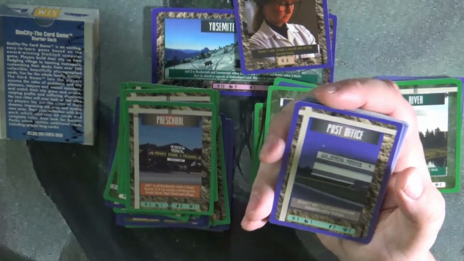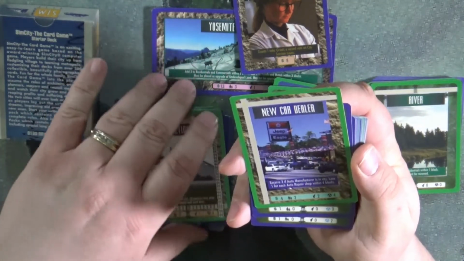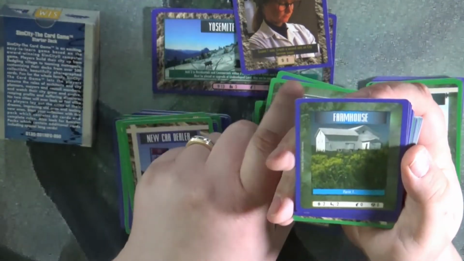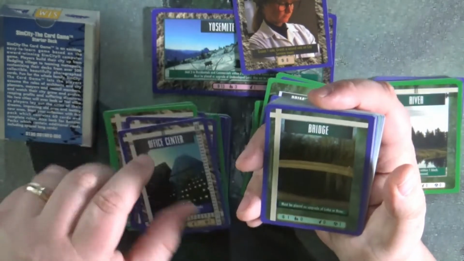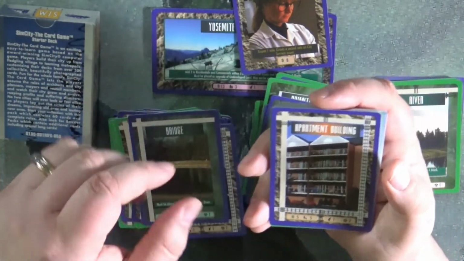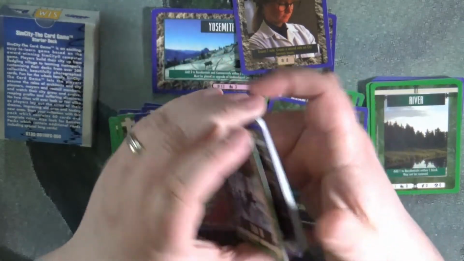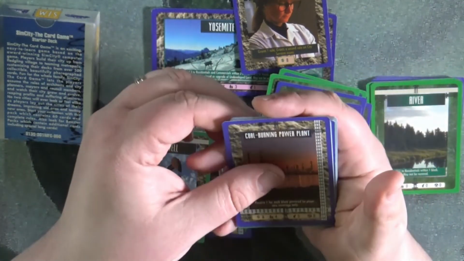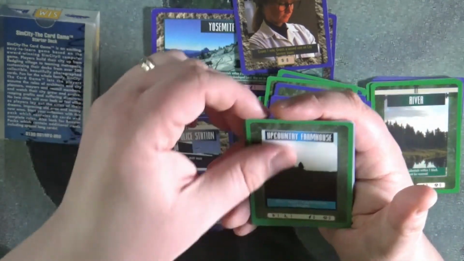So post office. What I was going to say though is construction firm, as you can see, new car dealer. We're going to just roll through this first. Cook County Police Station, an office center. There's a bridge, an apartment building, South Park Fire Station, an upside down card, oil well, planes, coal burning power plant, not firepower, a Joliet Police Station, another farmhouse, fraternity house, dairy farm, bed and